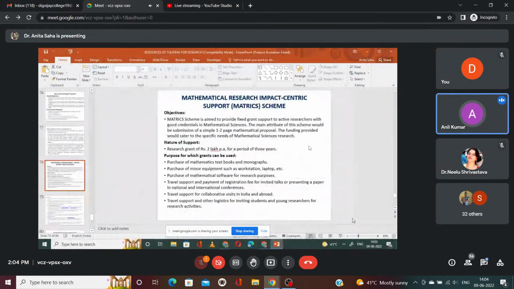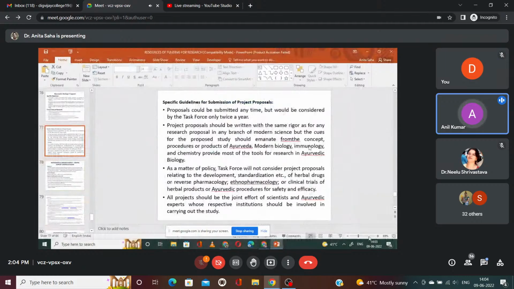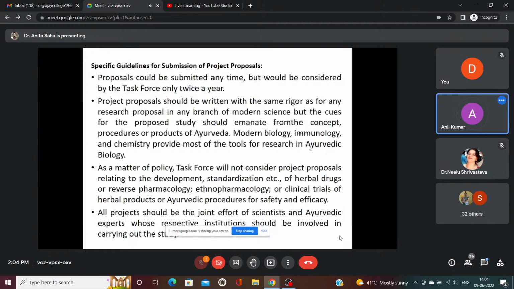SERB will help you to investigate the secondary metabolites or compounds available in the plant, and to understand how the compound is acting on our biological system, and how this compound may be exploited for the development of the drug, drug designing and other processes. So if any researcher is working in this field, they should apply under this scheme. Next one.